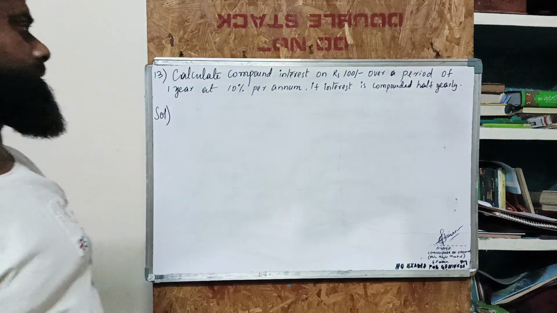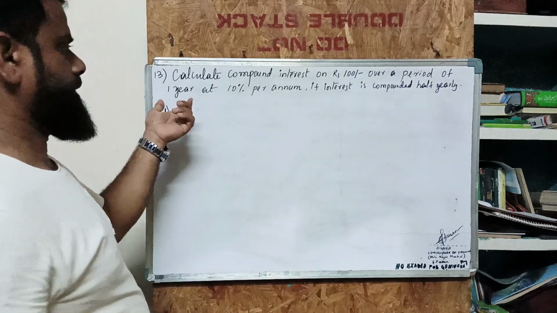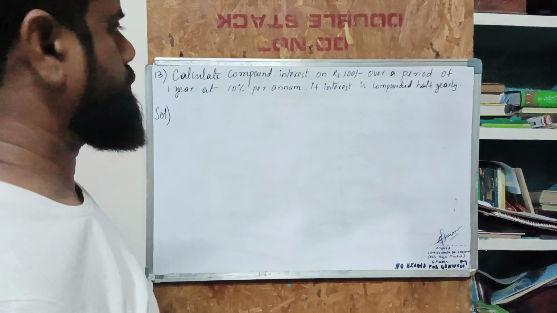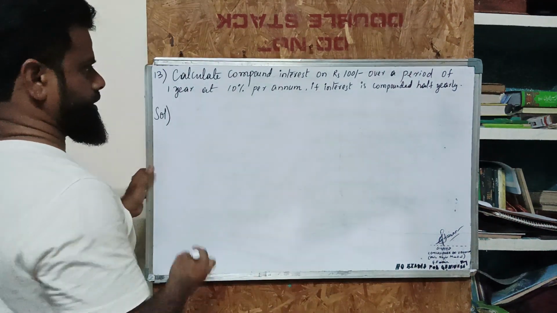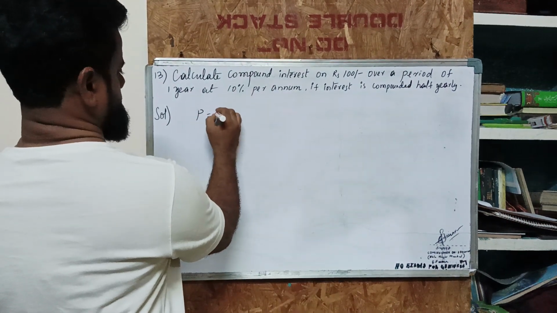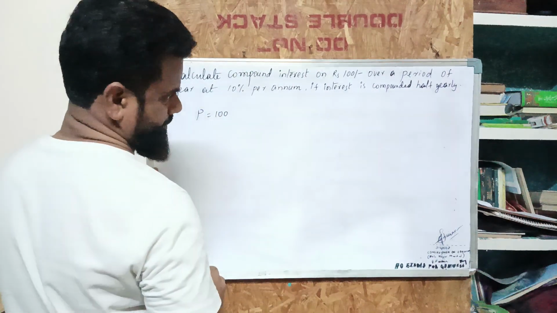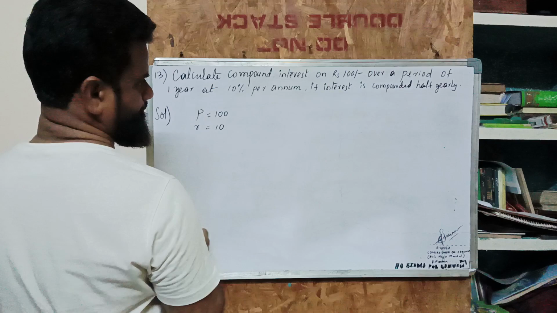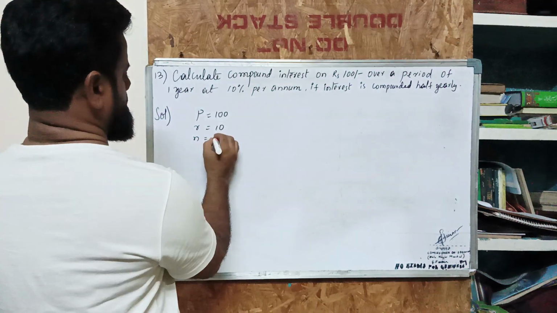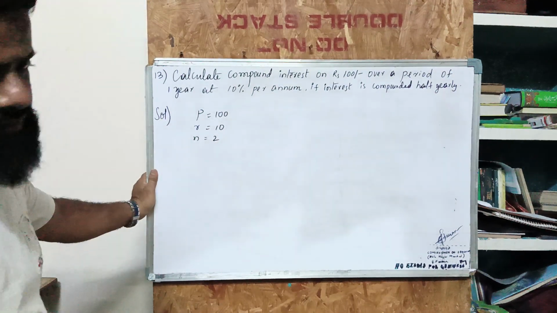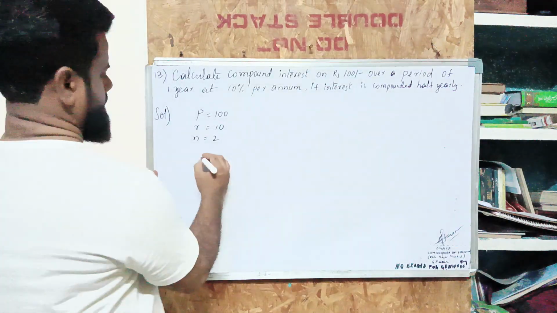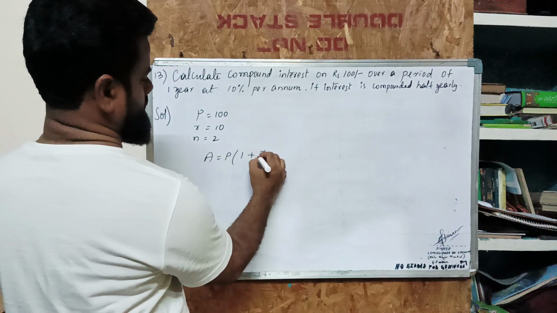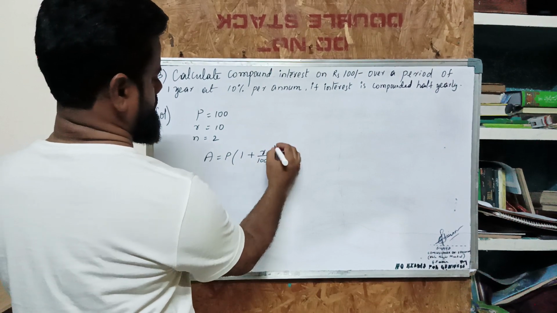Here the interest is compounded half-yearly. So in a year, how many half years will be there? 2 half years will be there. So here the principal is 100. R is 10, and N will be 2. Again, amount is equal to principal into 1 plus R by 100 to the power of